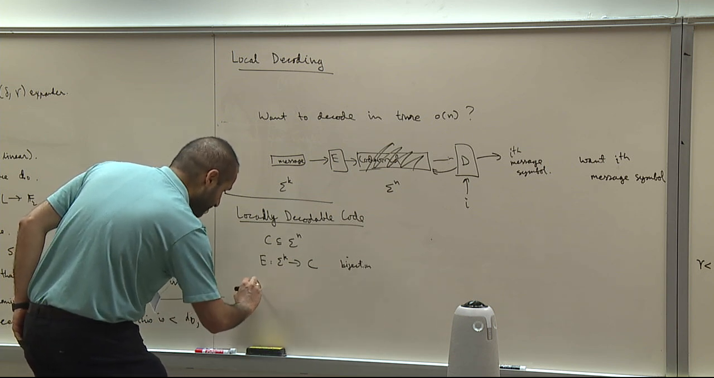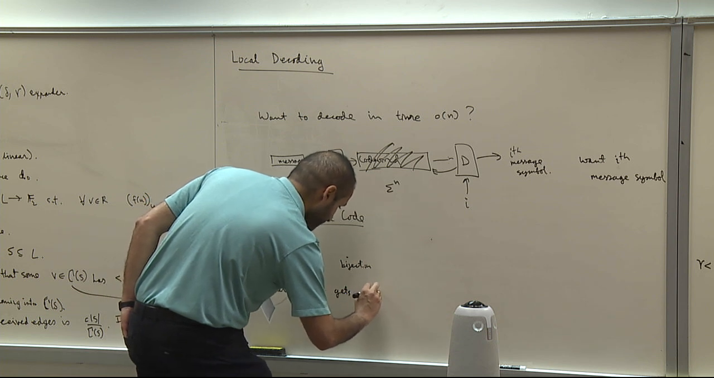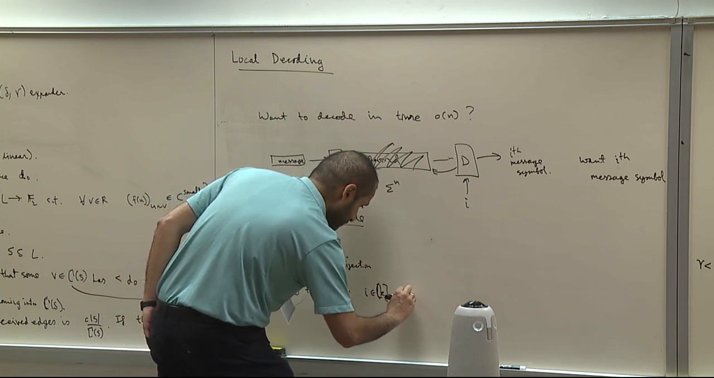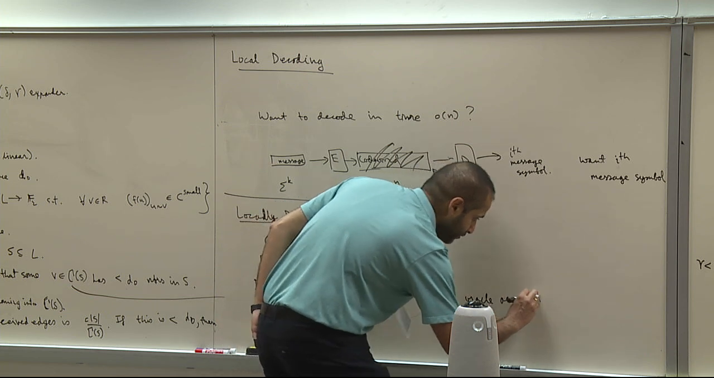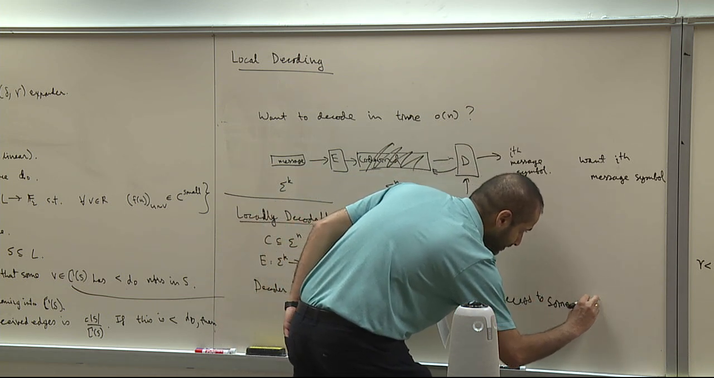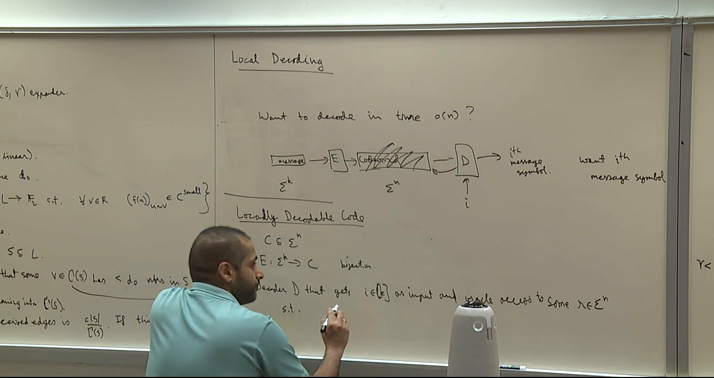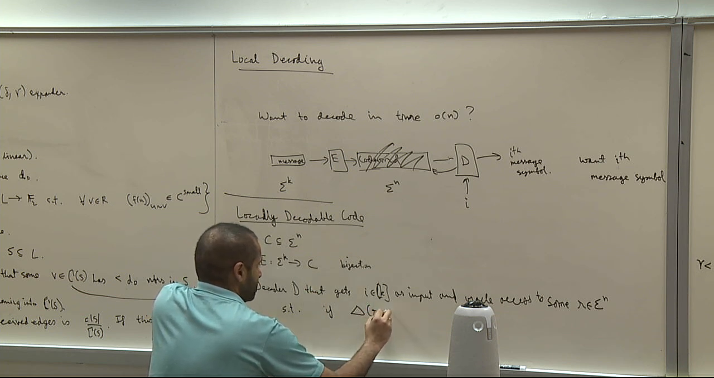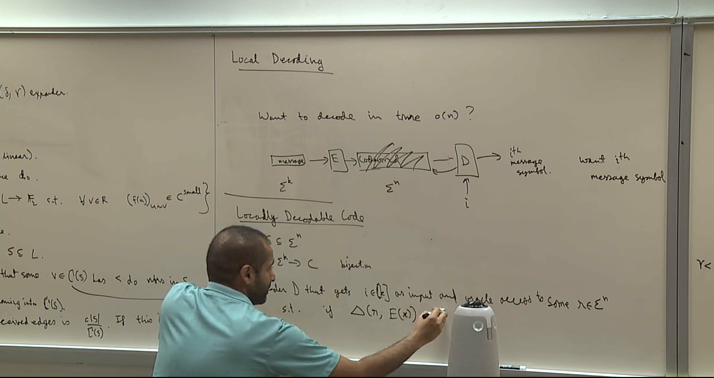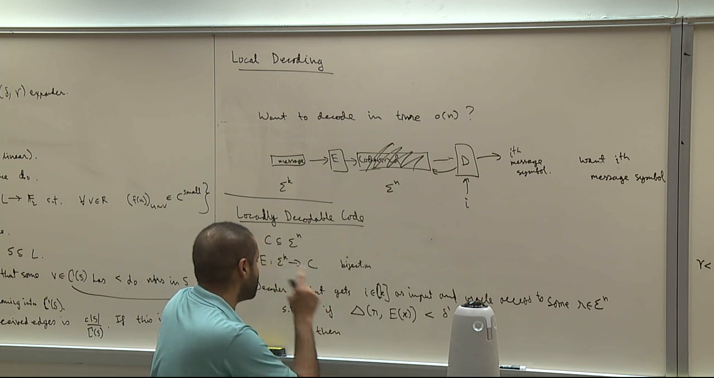So let me actually write it. A decoder D that gets i and k as input, and oracle access to some received word R in Sigma to the n, such that if the distance of R from the encoding of x is less than some delta prime,